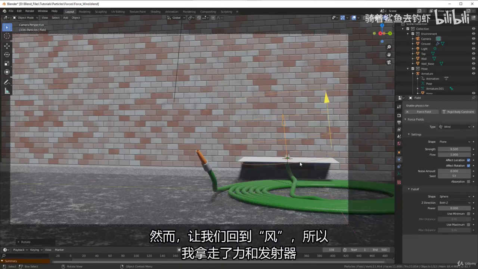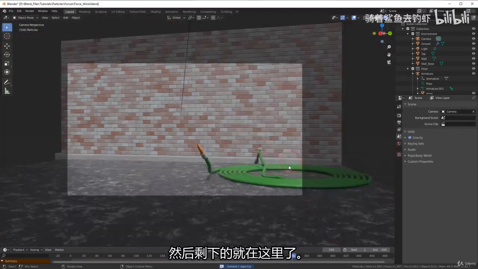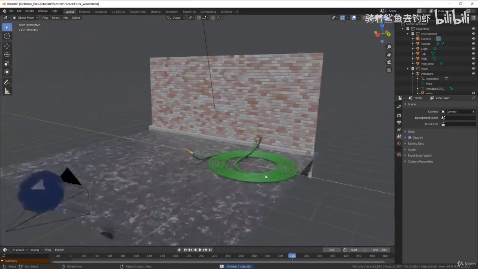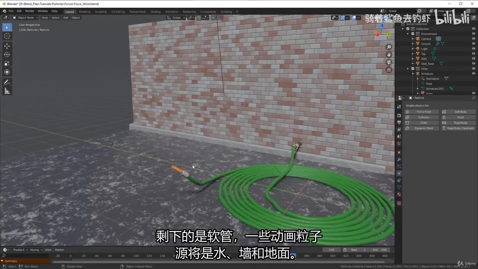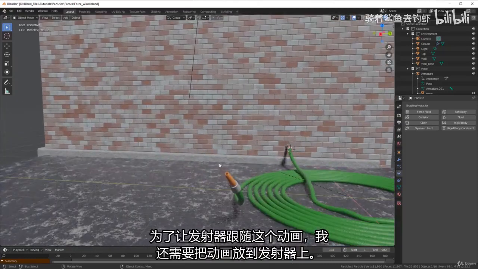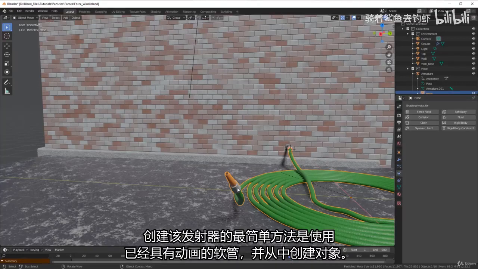So I take the force and the emitter, and this is what we have left: animation, particle source, that will be the water, some wall, and a ground. To make the emitter follow the animation, I need to give the animation to the emitter as well. The easiest way to create that emitter is to use the house that already has the animation and create a new